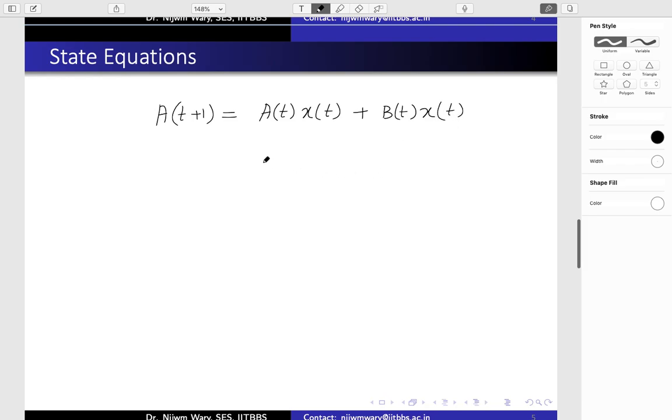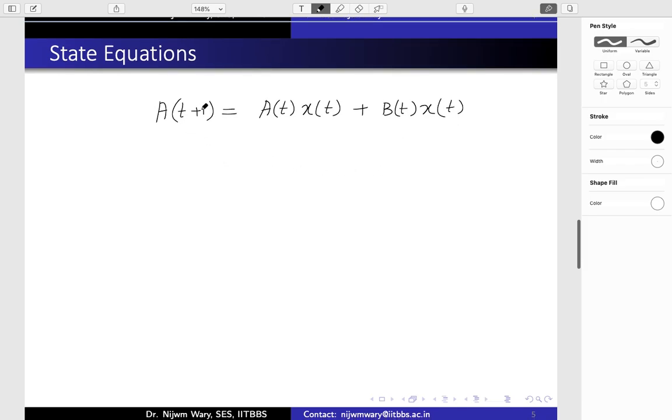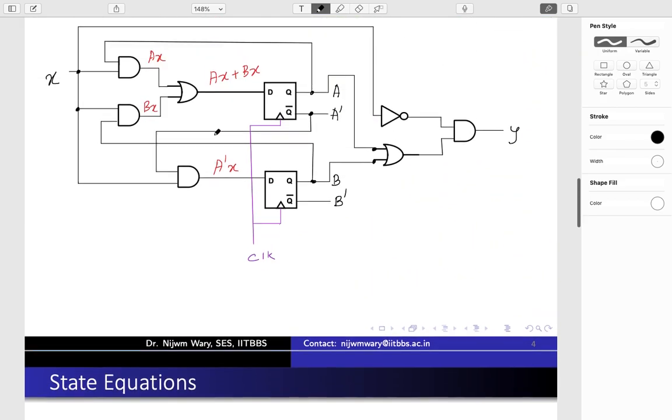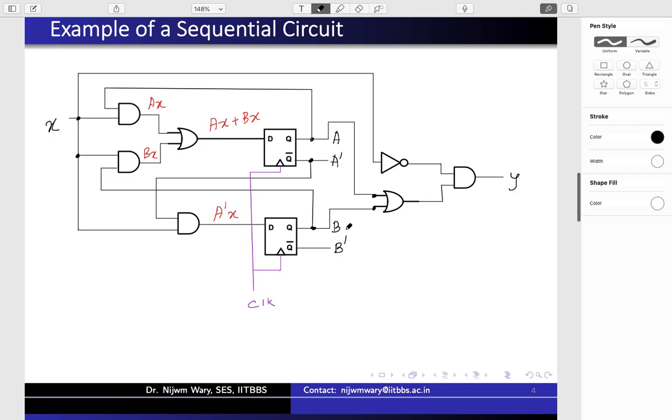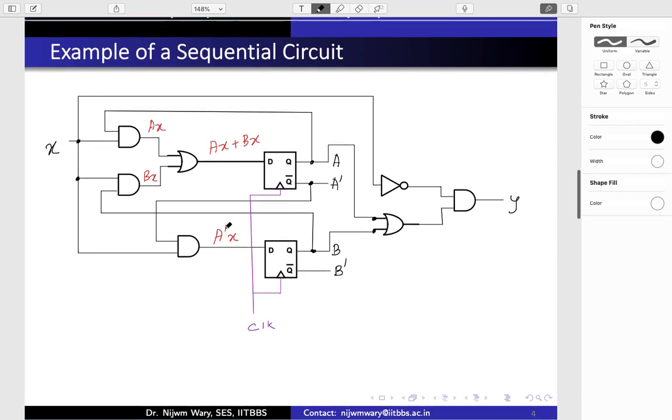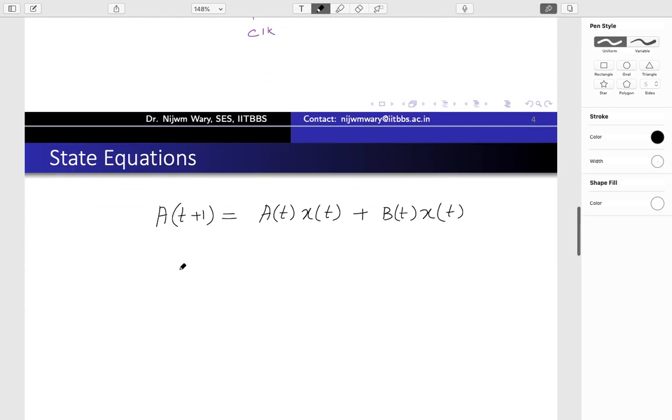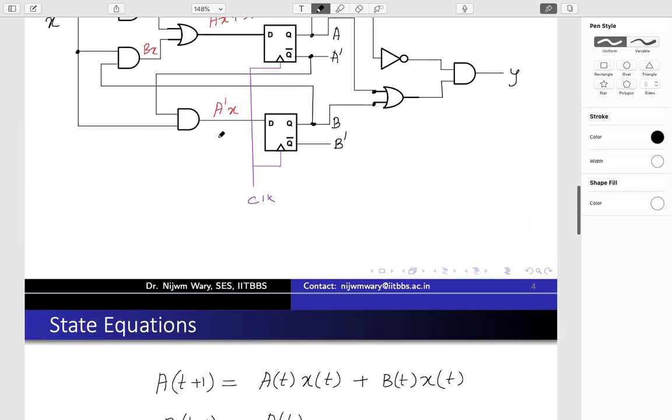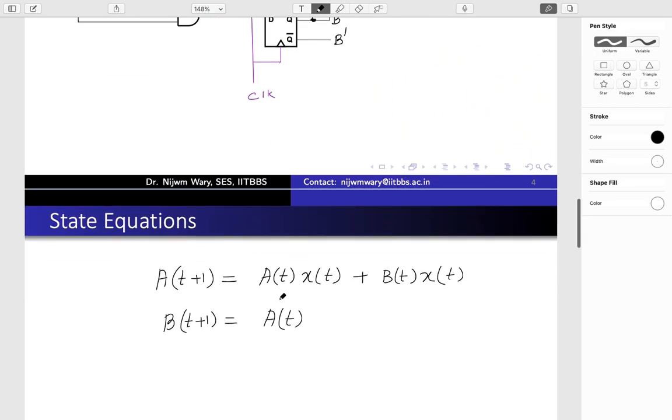Okay, so this is the state equation of my A(t+1). Similarly, we can write this B(t+1) in terms of A dash and X, which is nothing but A complement